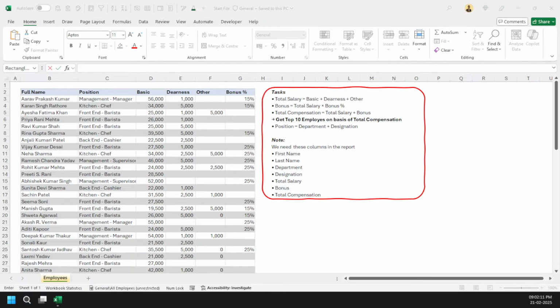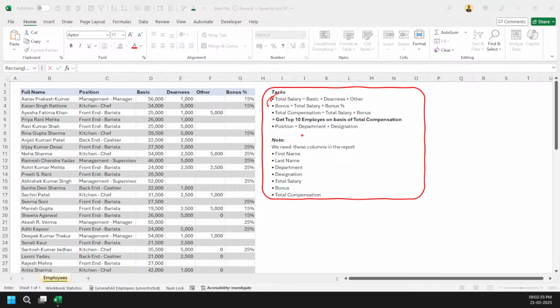They would give us lots and lots of spreadsheets, and then we would do all these calculations, and finally we needed to simply present the top 10 employees on the basis of total compensation, right? And it will fluctuate month by month. So that was something I was always doing, right? And you can see this is my task. I need to calculate total salary, then bonus, and finally figure out these many months only.